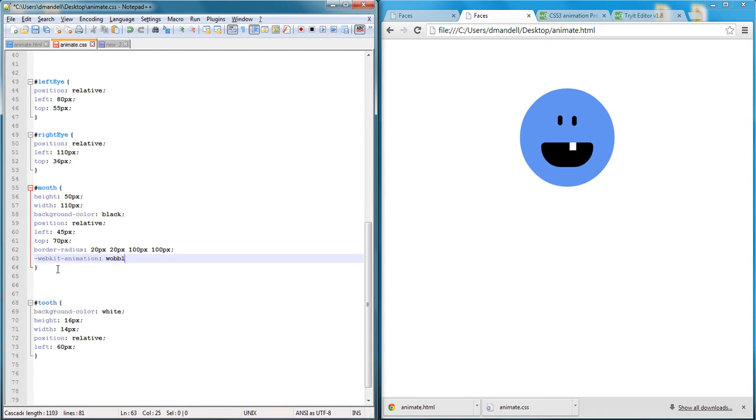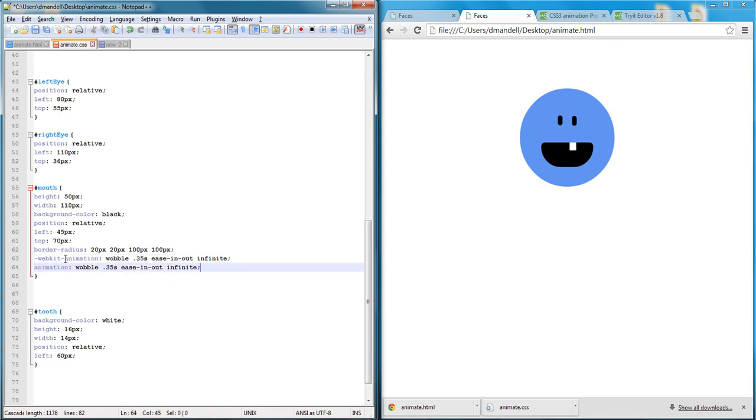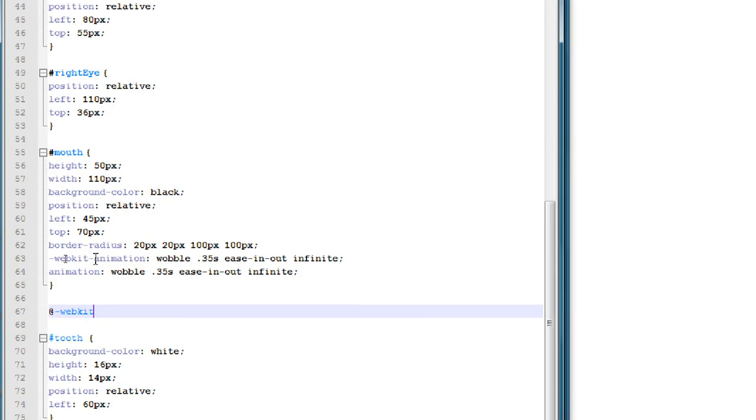And for this one, I'll call it wobble, as the mouth kind of wobbles. And for this one, I want the animation to last about 0.35 seconds, not very long. Ease in, out, infinite, and just copy and paste that there. And so here's at Webkit keyframes wobble,